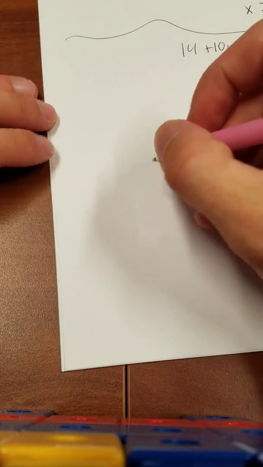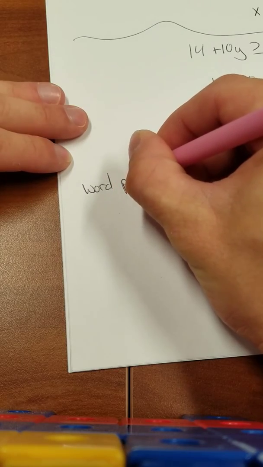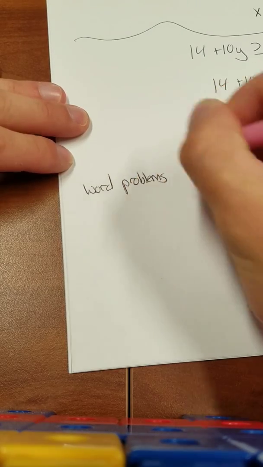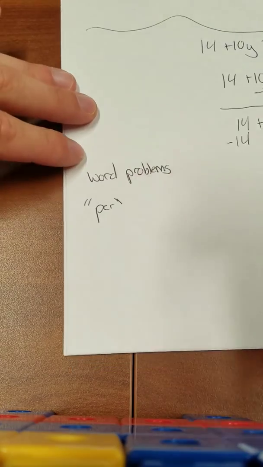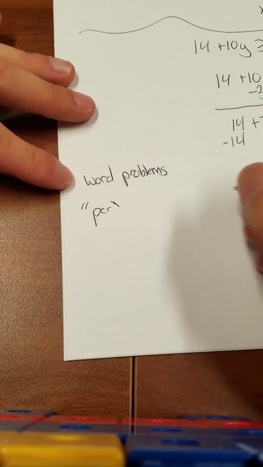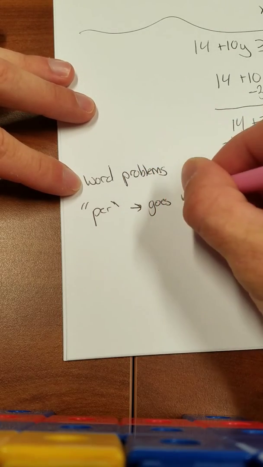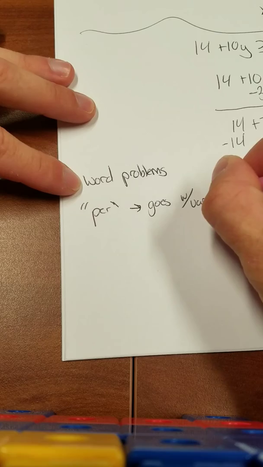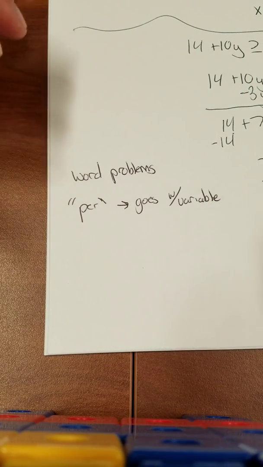There's a couple of problems in here that are word problems. With the word problems, look for the word per. That's going to mean it's happening multiple times. So this one goes with the variable. So whatever the word they're using with the per means it's going to go with the variable. So if they're saying 20 miles per hour,